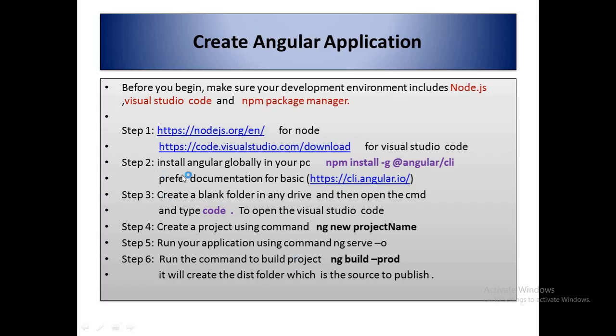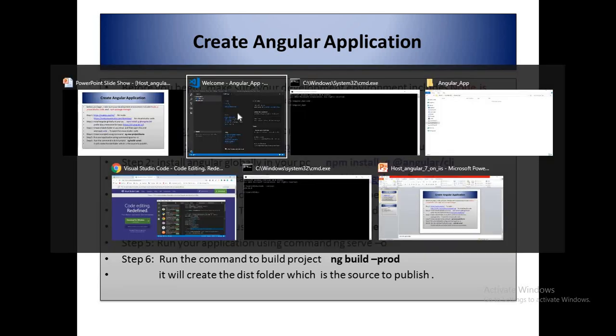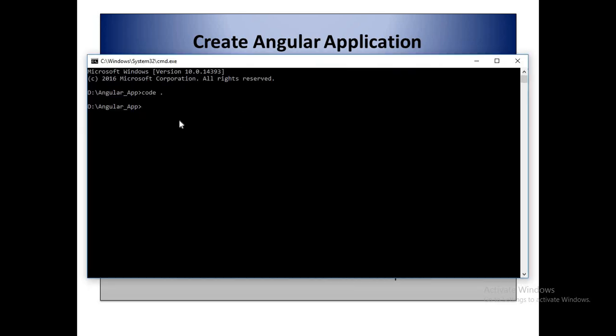Then what you have to do is install Angular globally in your PC. Now you have to install the Angular packages in your PC to work with Angular. So just type this command, npm install -g @angular/cli. Here -g means globally, which means the npm packages for Angular will be installed globally in your PC. So go to that command prompt,